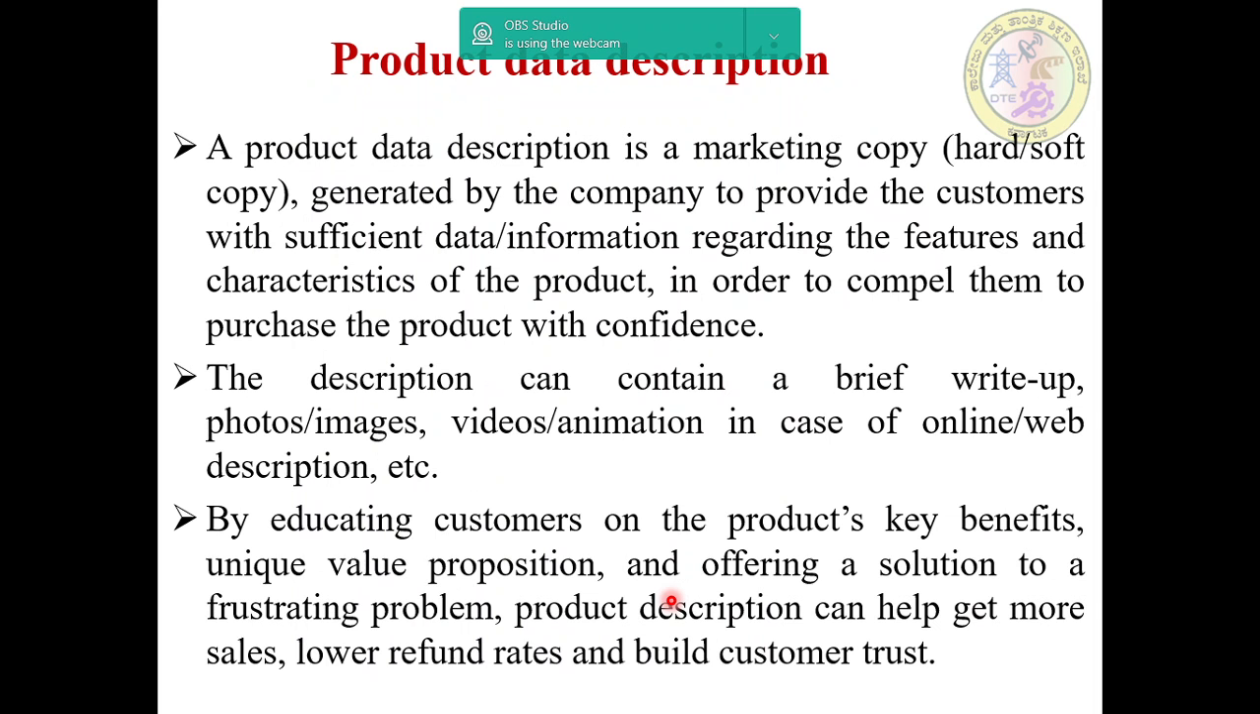Next we'll go for product data description. Here, product data description is a marketing copy. It may be hard or soft copy generated by the company to provide the customers with sufficient data that contains the information regarding the features and characteristics of the product in order to compel them to purchase the product with